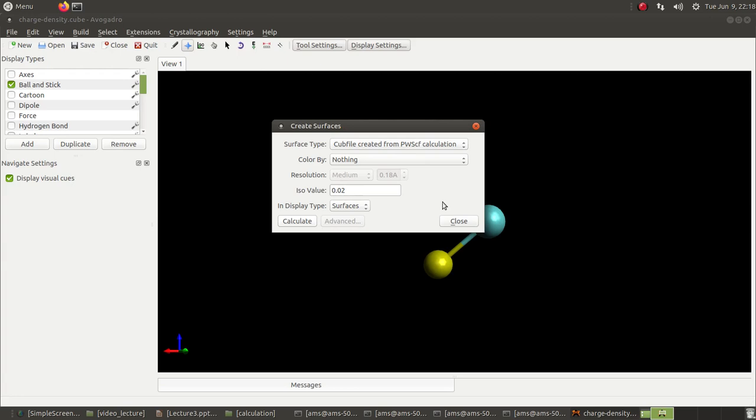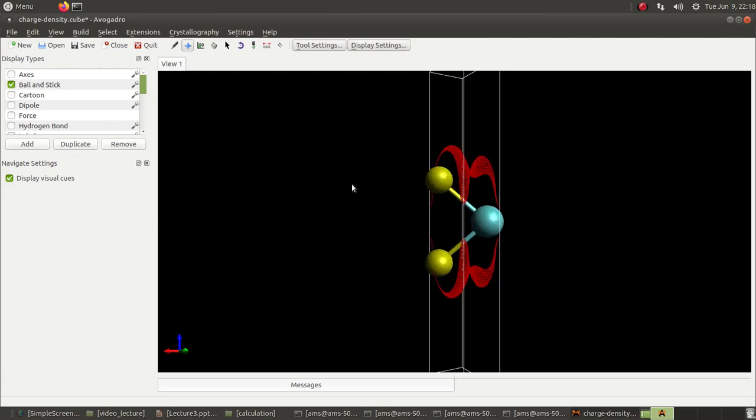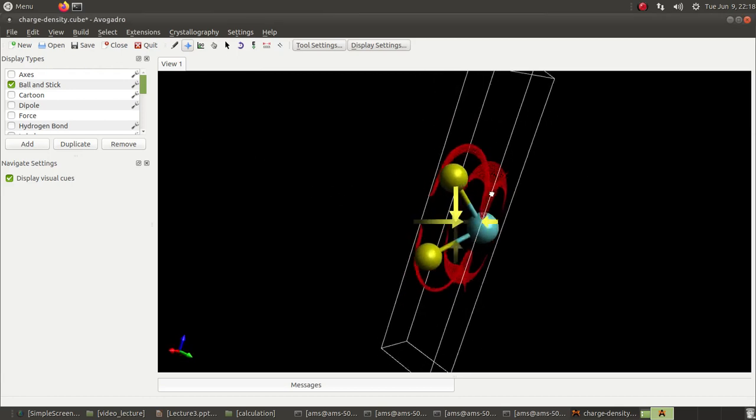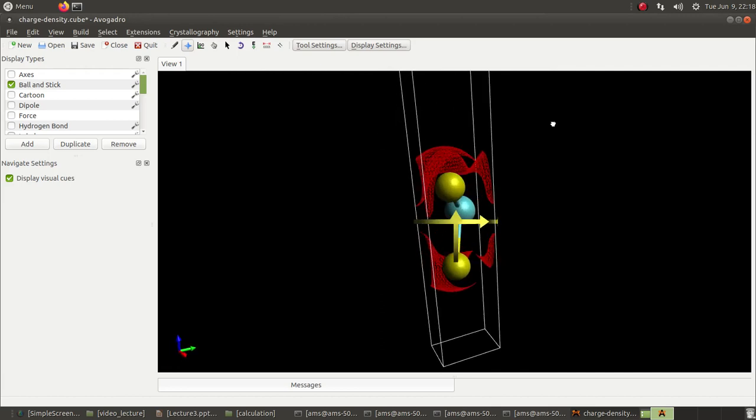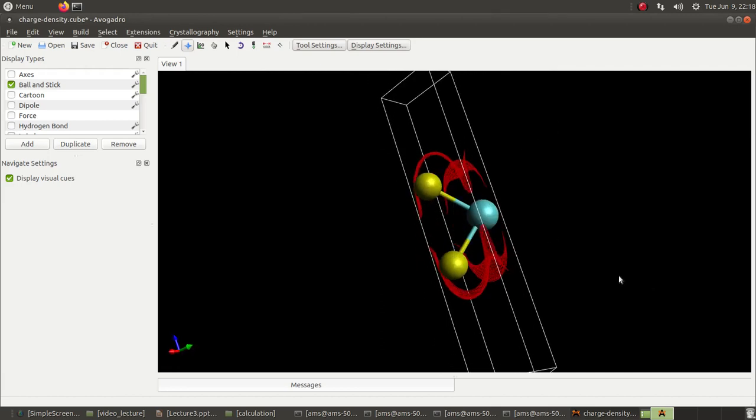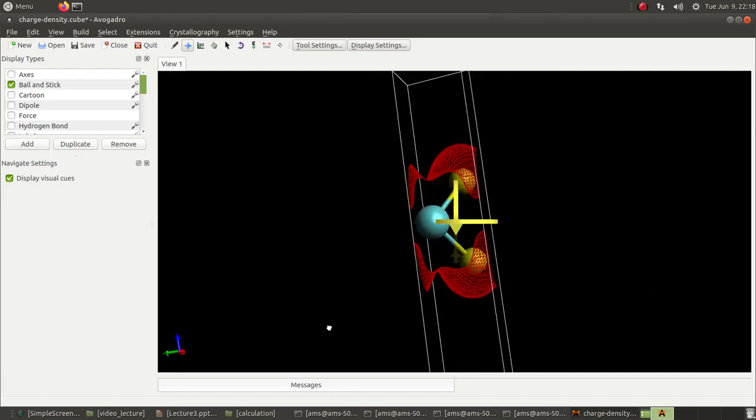Leave the ISO value as it is, or you can change it. Just press calculate and you will have the output. So it is showing the isosurface plots. You can try more variations. For example,